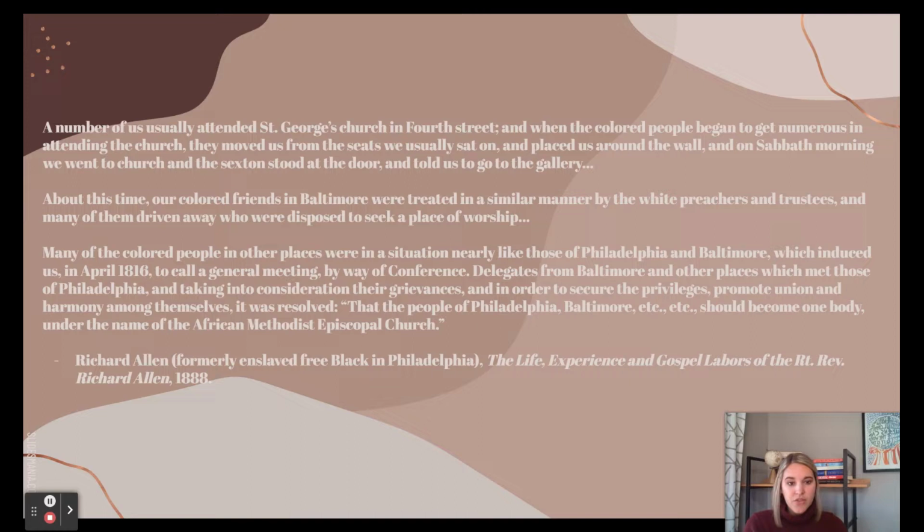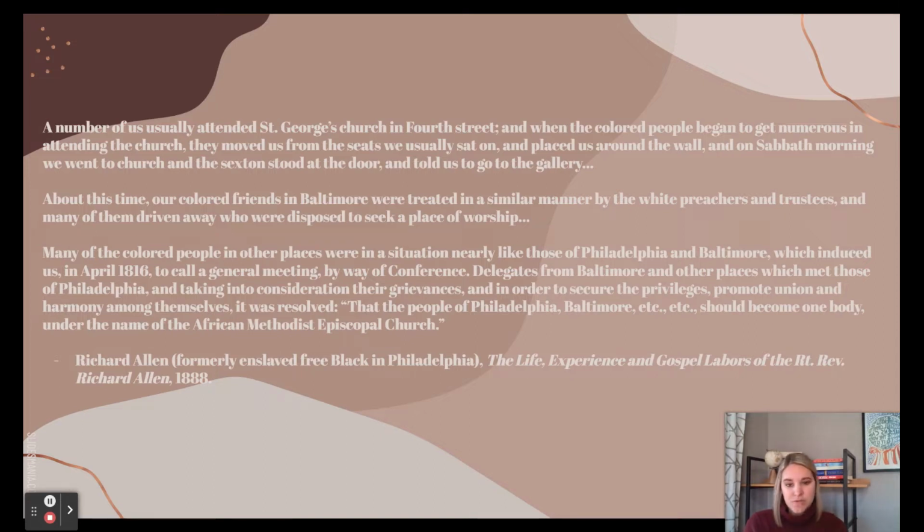Delegates from Baltimore and other places which met those of Philadelphia and taking into consideration their grievances, and in order to secure the privileges, promote union and harmony among themselves, it was resolved that the people of Philadelphia, Baltimore, etc., should become one body under the name of the African